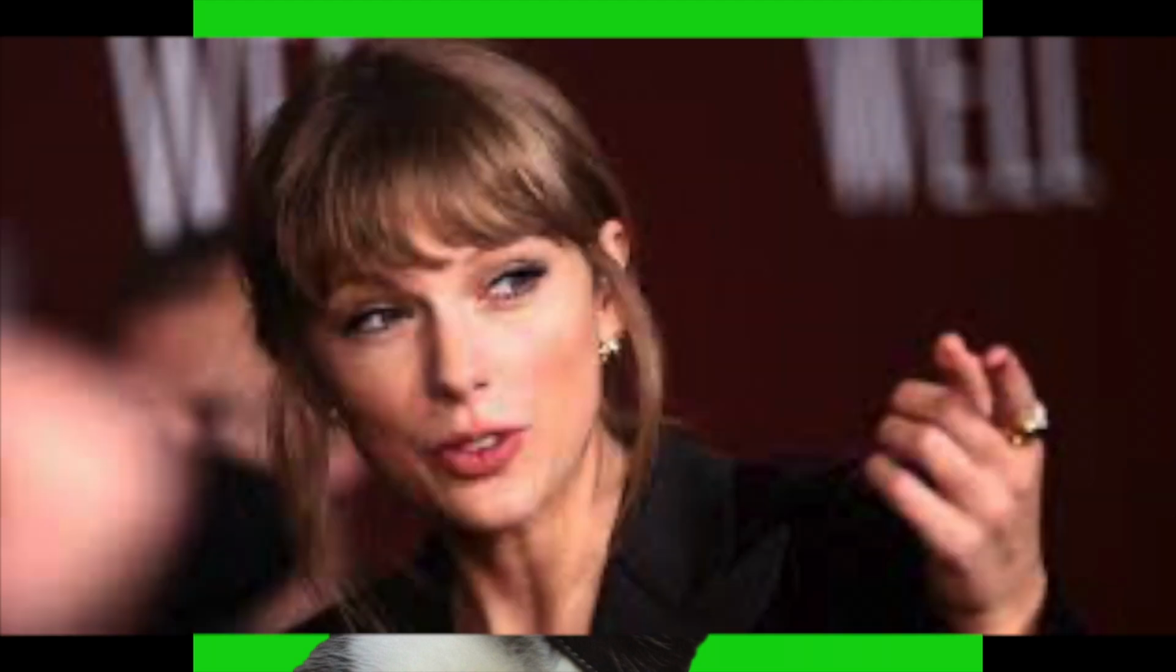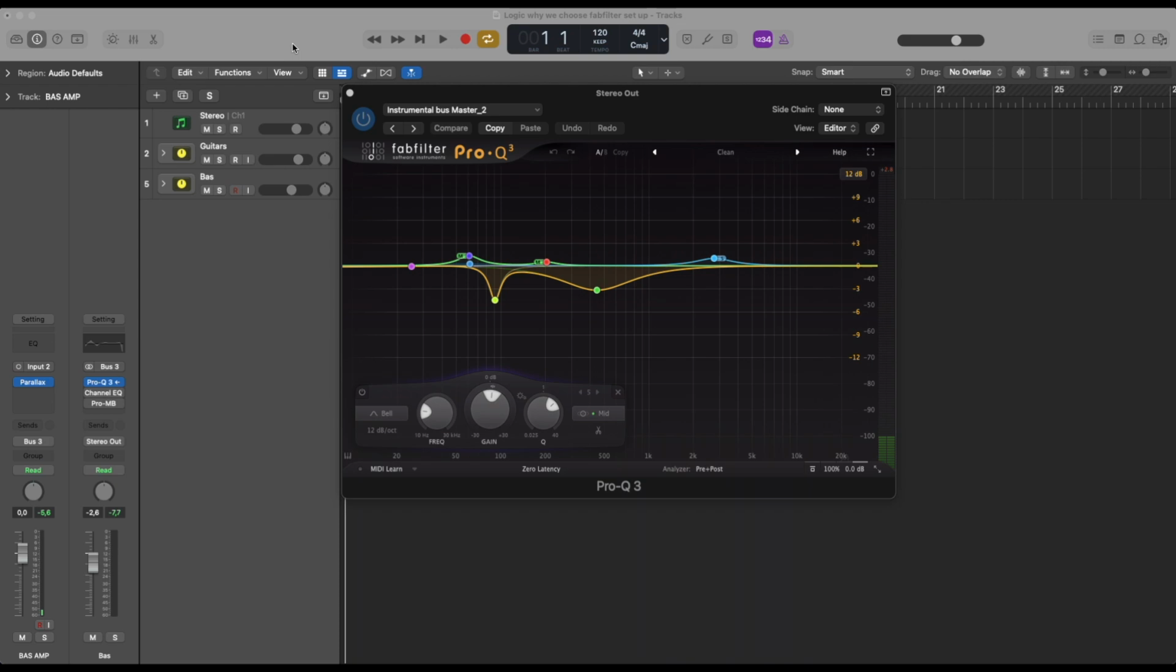Fabfilter? You know what? Now I can't hear anything else. Shake it off. So, the